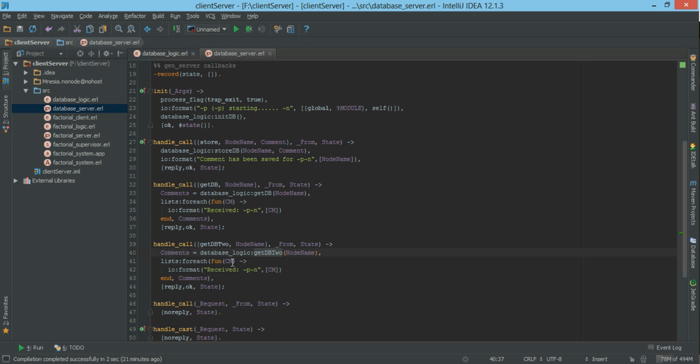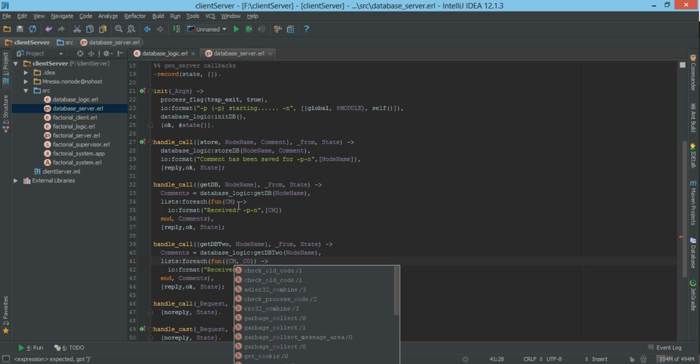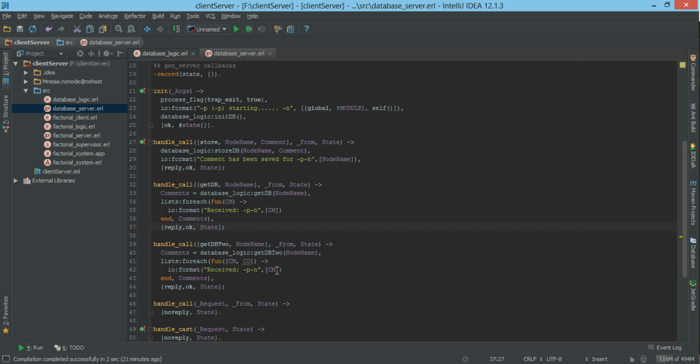So instead of cm we're going to need an atom, because we're going to receive a list of atoms, which is the first one is going to be the comment cm, and the second value we receive is the created on, so cl,